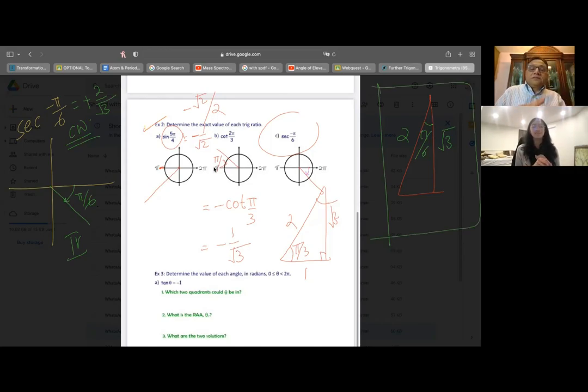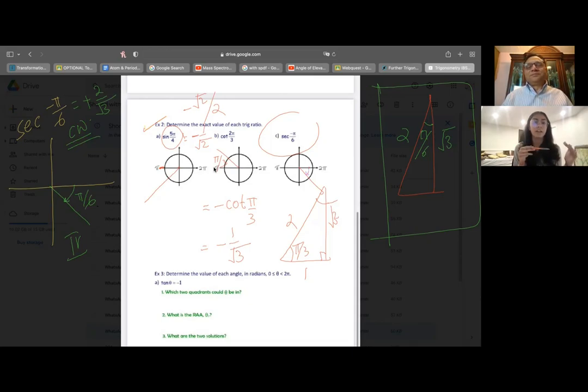Watch your pages and then it'll be so easy for you. You don't have to remember any of those formulas which are given in those pages. No, no, no. You have to use the special triangle, and then you have to just relate it to what's left, the CAST rule. And then just make sure that you know which of cosine, sine, and tan are